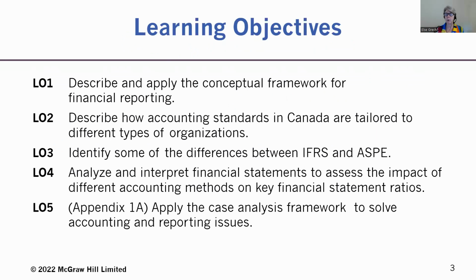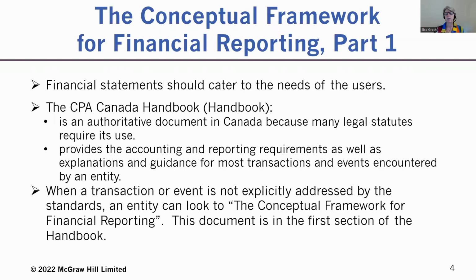For this chapter, I won't be omitting any of the learning objectives from the assessments in the course. Financial statements are used by external users to make resource allocation decisions, and that's decisions about money. Think about potential investors who are deciding whether to invest their money, or creditors such as banks or credit unions, and they're considering whether to loan a company money or not.